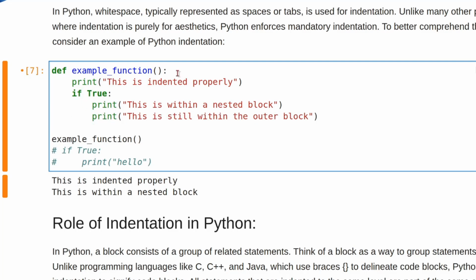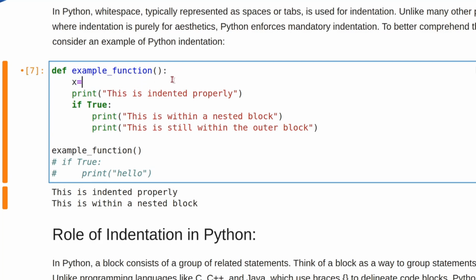For example, I'll say in here, let me say x is equal to 10. So print if x is greater than 9. I want this statement to get executed only. I want that under this if condition, only the first step, this is within the nested block, should get executed. That's why I'm indenting this block in this if part.